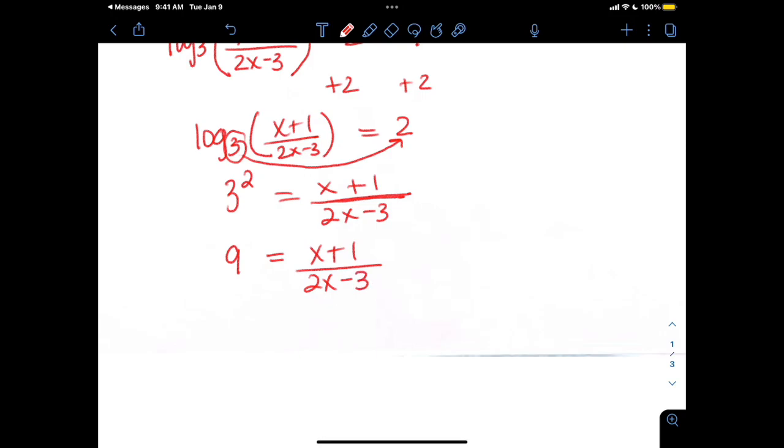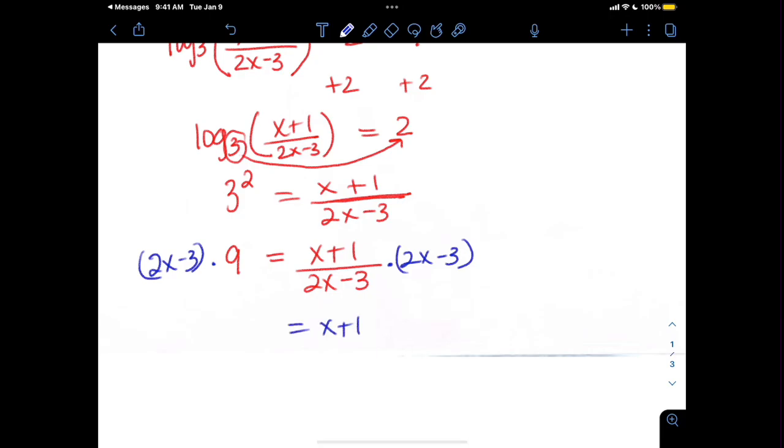And I can multiply both sides by that. So over here I get x plus 1 because these guys are going to cancel. Over here I get 18x minus